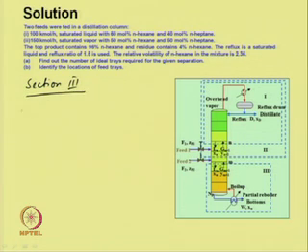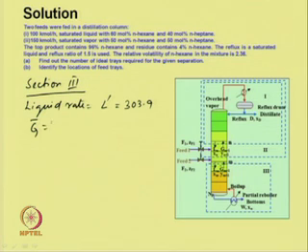Where the liquid rate remains same, which is L dash, because the feed 2 is a saturated vapor, and G bar would be equal to 339.8 minus F 2, which is equal to 339.8 minus 150, which is around